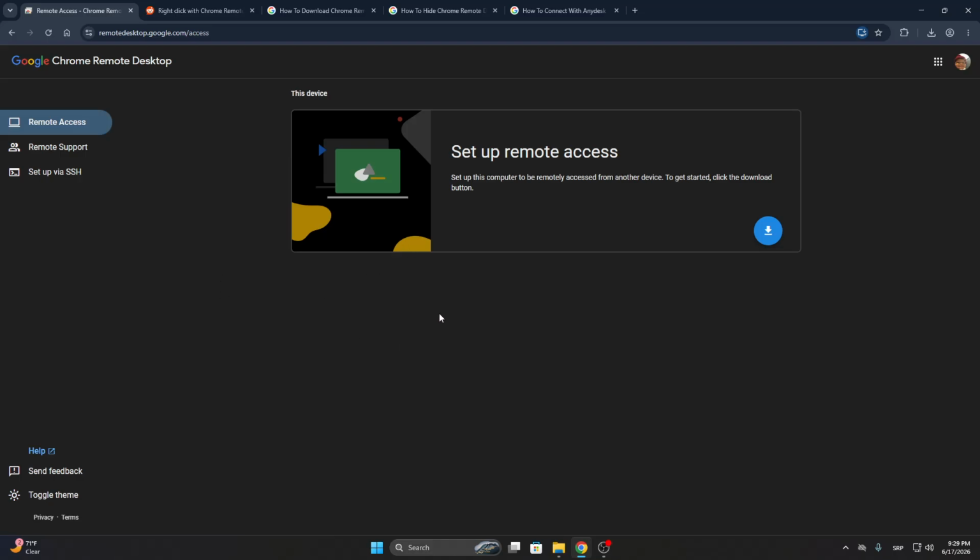So basically guys, if you're using Chrome Remote Desktop with another desktop which has a mouse connected to it, you can just right click with that mouse and it's going to enable you to do so directly within the application. But if you're using your mobile device or something with a touch screen, here we have